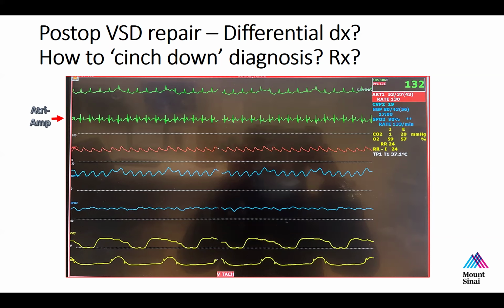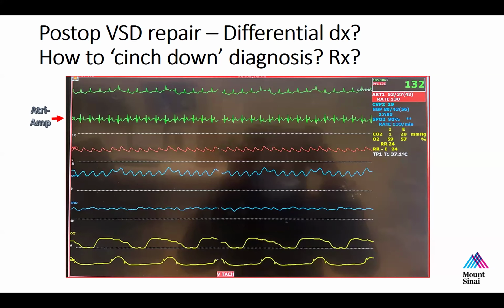But after a VSD, can the QRS be wide if you're in sinus rhythm? If you have a block, then you can have a wide QRS. What do you mean a block? Use a more precise term, please. Like a right bundle branch block. So if you have a right bundle branch block, which is not uncommon following VSD surgery, you could have